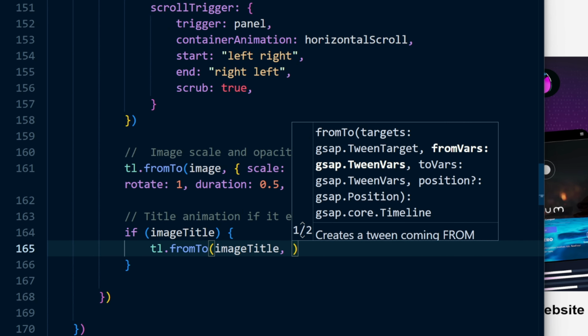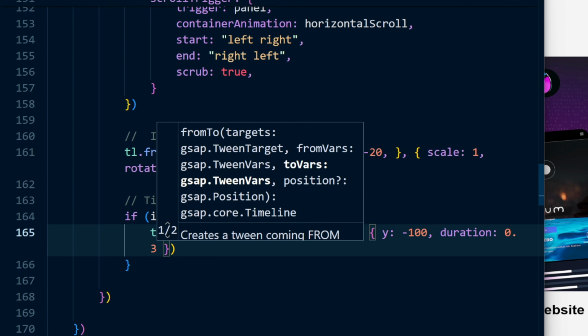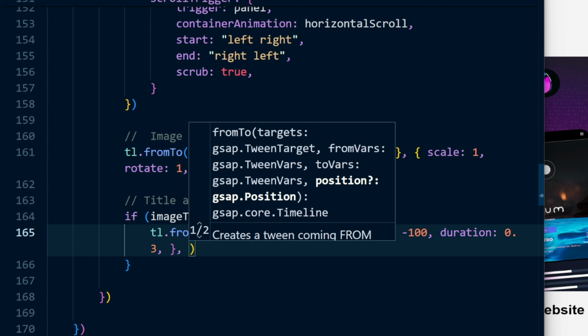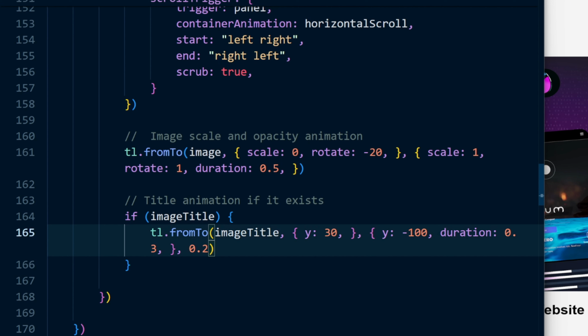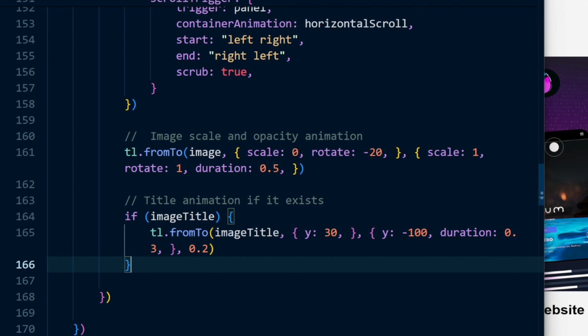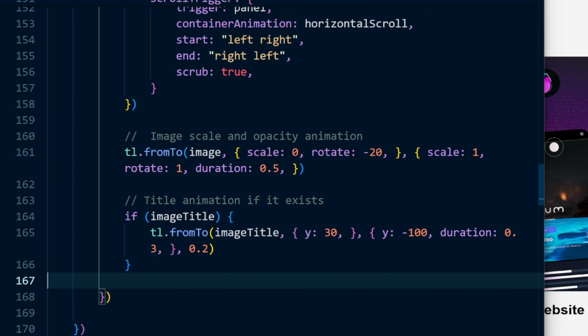We animate the Y position of the title from 30 pixels downward to -100 pixels upward, making it move upward as the panel scrolls. We also add a slight delay of 0.2 seconds so that the title comes in just after the image has appeared. This creates a clean layered effect where the image enters first and then the title follows. And that's it. This approach gives each project card its own set of scroll-triggered animations, fully coordinated with the horizontal